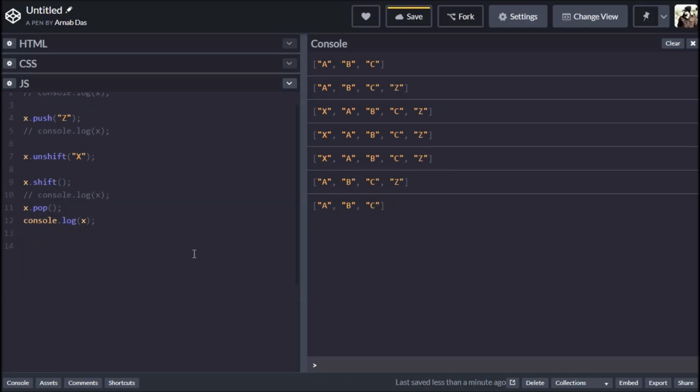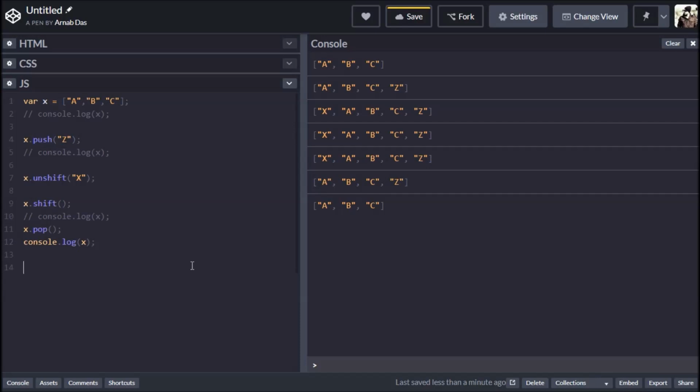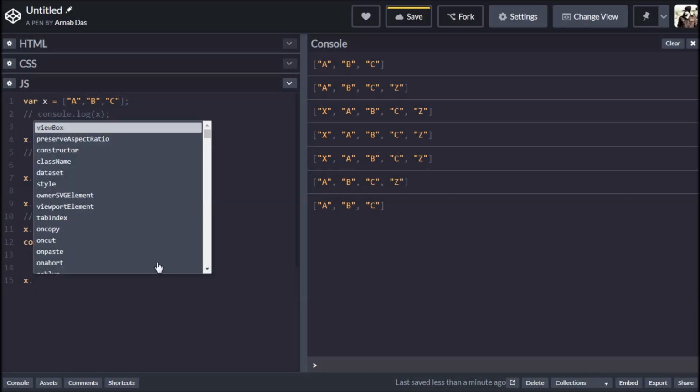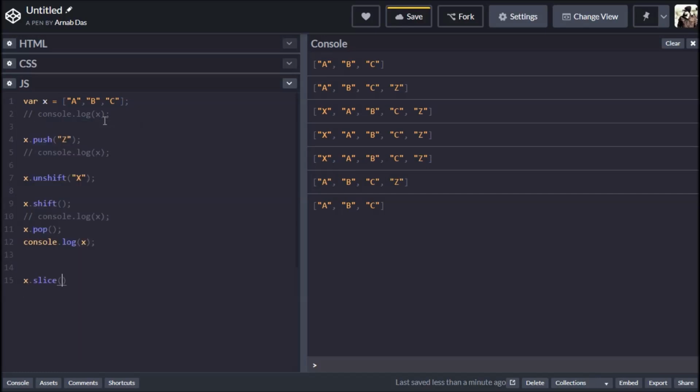So let's talk about slice now. There is something called slice. So x dot slice, let's suppose I want to separately create a new array, which will be an array of these two items, a and b. So let's suppose I want to create a new y variable, and this will be a new array. And slice, what slice does is it takes two arguments,